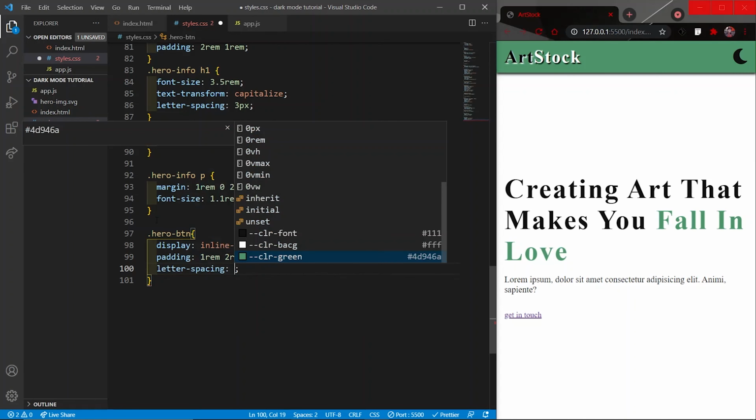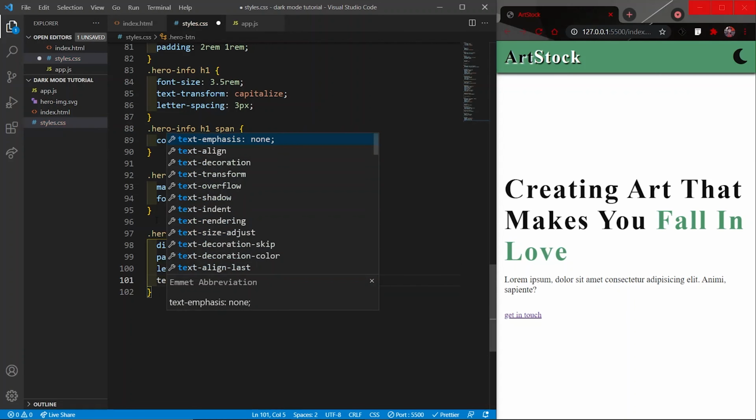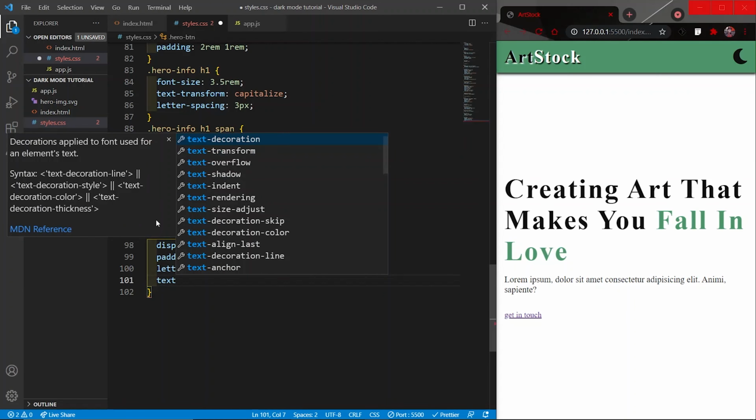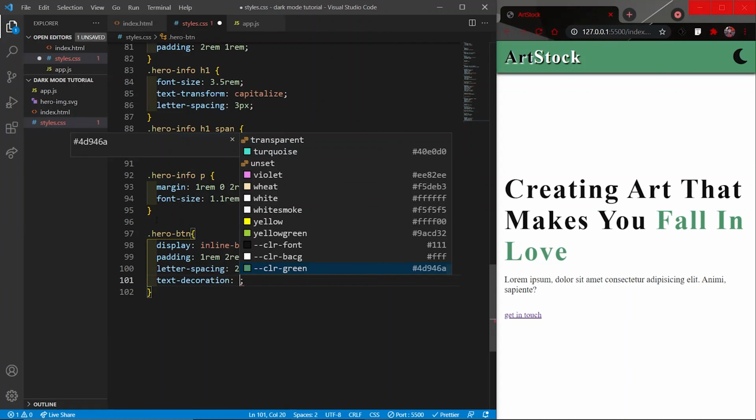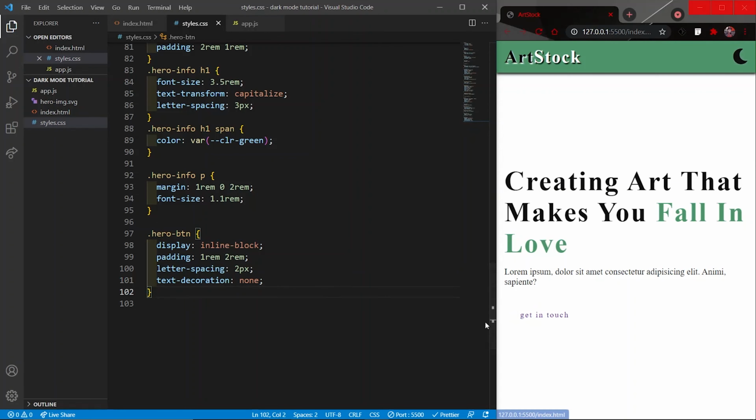Letter spacing will be 2 pixel. We want to remove the underline, so the text decoration will be none. If I save, this is what we have.